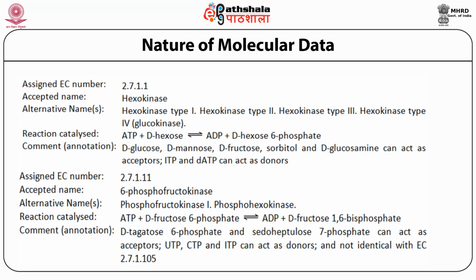And the annotation includes that it can have acceptors such as ITP and dATP, donors, D-glucose, D-mannose, D-fructose, sorbitol, and D-glucosamine as acceptors. Similarly, I have already given the data about the 6-phosphofructokinase, that is the enzyme